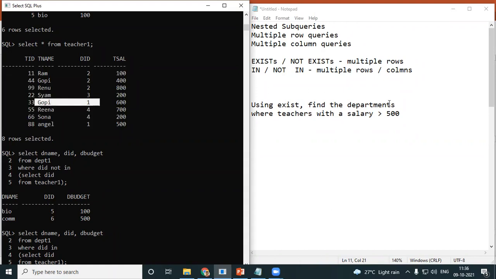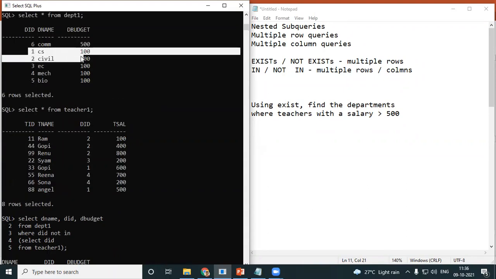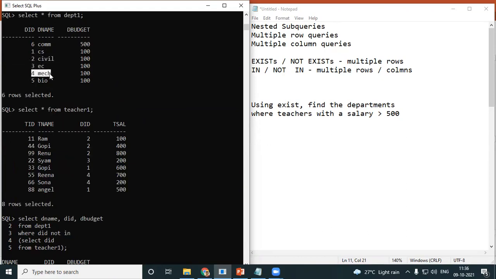You want the department name, isn't it? Department name. So it is 214, 124, which means I should get CS, Civil, and Mech. So the first thing you have to do is check whether a particular department is there, and then display the department name.